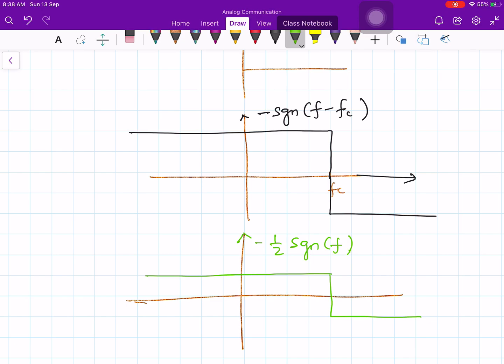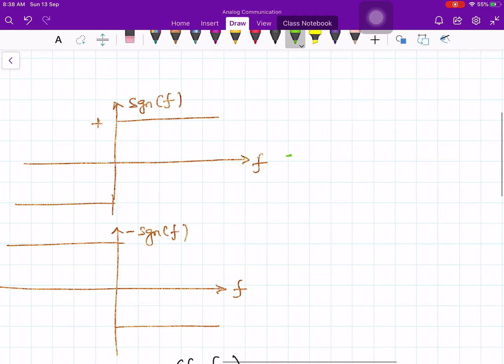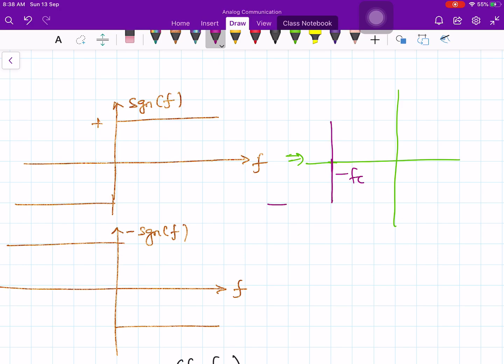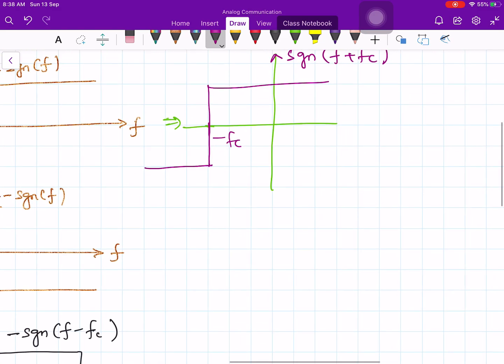So, this is one part that we need, and the other one we recall from this one. What I am going to do is advance the signal by an amount minus fc. So, the signal looks like this. What is this? This is signum of f plus fc. Now, again scale the signal by half, then this will be